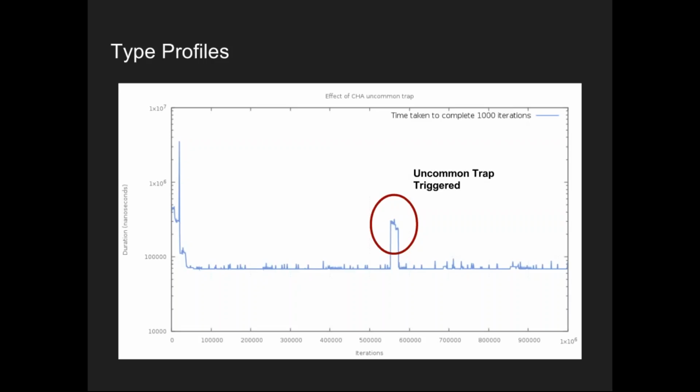Just looking at this on a log scale graph, just to kind of show us what this would look like in real terms, we have some initial warm-up effect and then very quickly get to a nice stable time taken to complete 1,000 iterations, and then we can see clearly where we loaded the new class. The uncommon trap was triggered, we bailed out to interpreted mode where things started taking longer, and then got pretty quickly back to fast execution again,